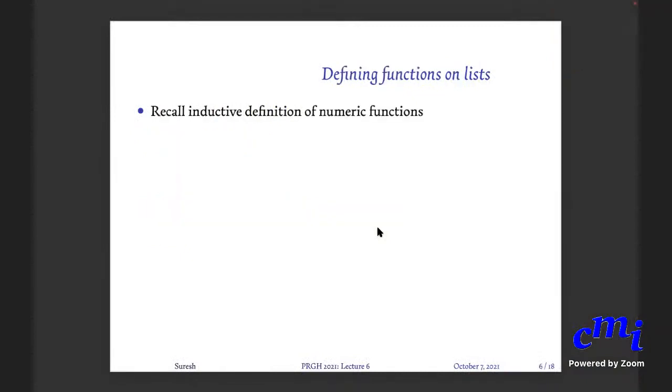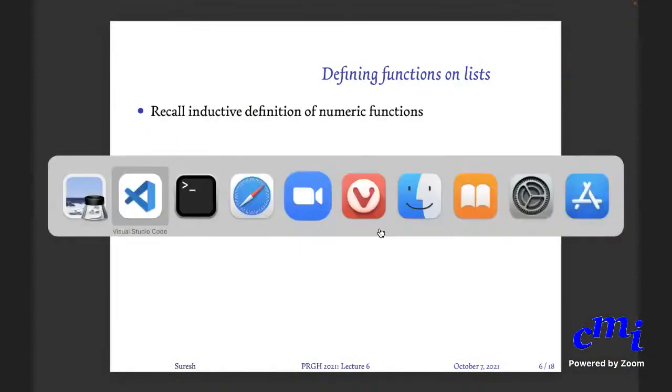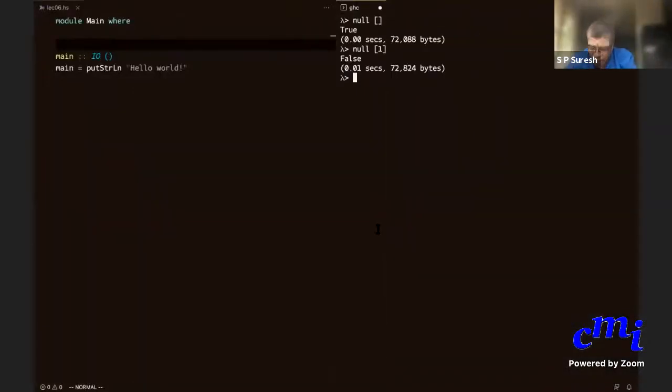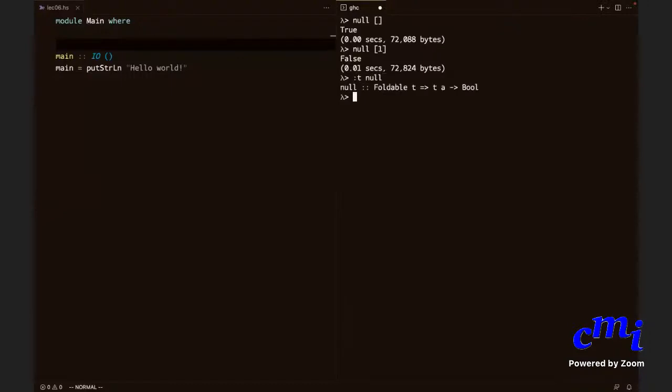So null always takes a list as an argument. Yes, null always takes a list as an argument. So, type of null. The default type of